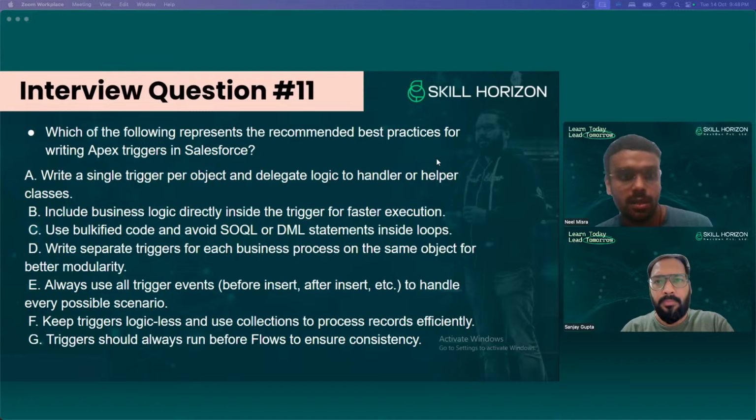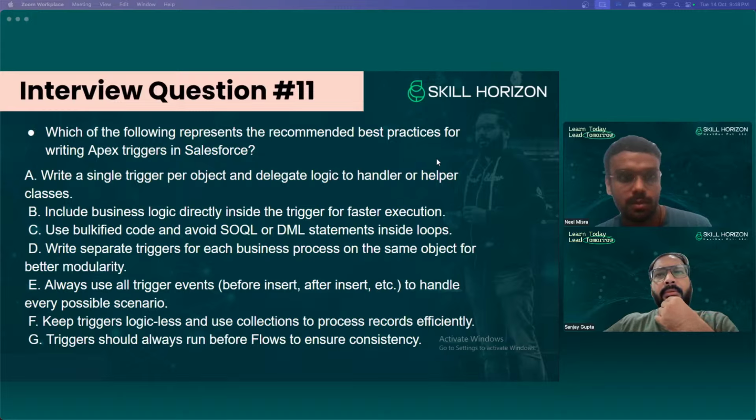And G: trigger should always run before flows to ensure consistency. I think this is not in the developer's hands, because the order of execution decides what runs first and what runs after. So A is correct.